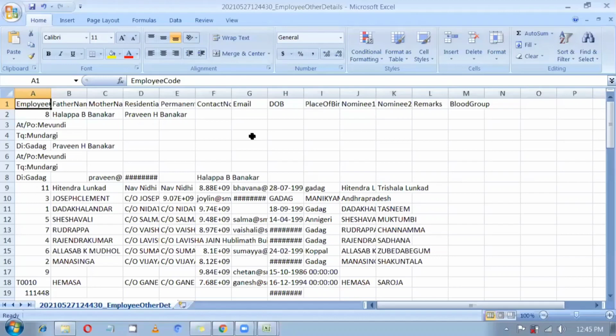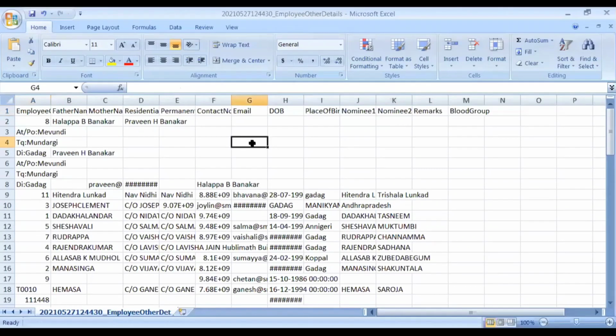Like this, you have to feed the data into it: date of birth, mother name, father name, residential address, permanent address, contact number, email ID, blood group. So other details you can import from this file format.